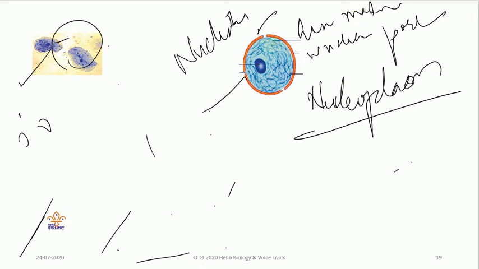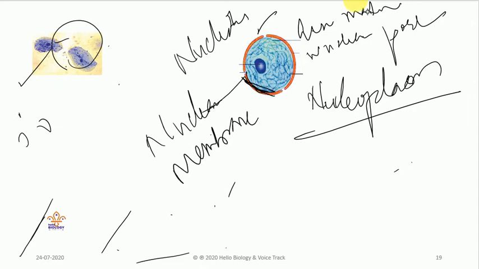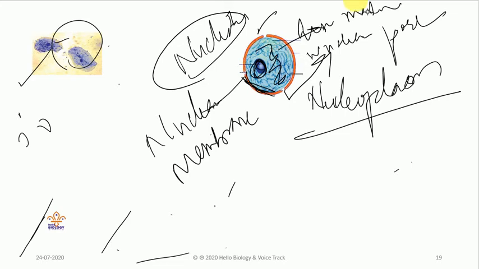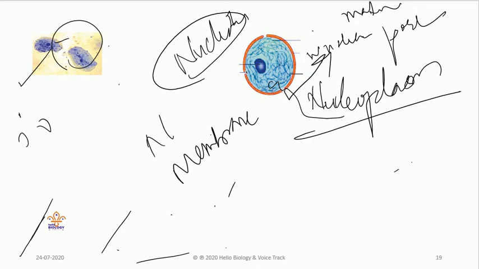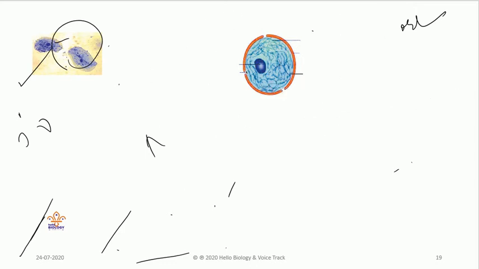After that, this is called the nuclear membrane. This region is called the nuclear membrane, but the gap is called the nuclear pore, and the nucleolus is the material inside. This wavy pattern is called the genetic material, and this is called the nucleoplasm. Understood? Next we will discuss the nuclear membrane only here. These are the most important topics. The parts we have discussed, and the function also we will discuss now.